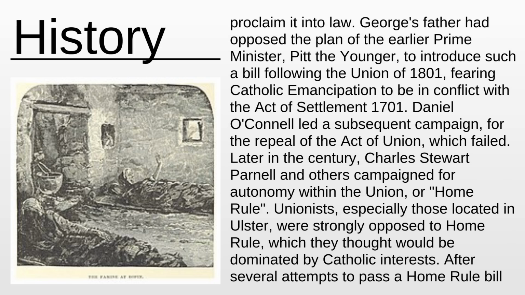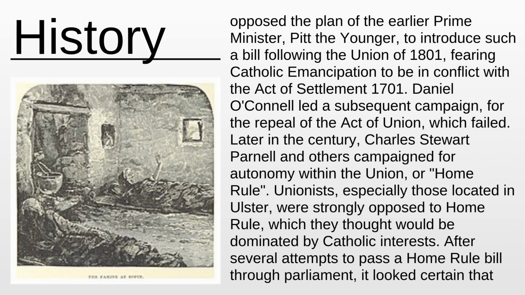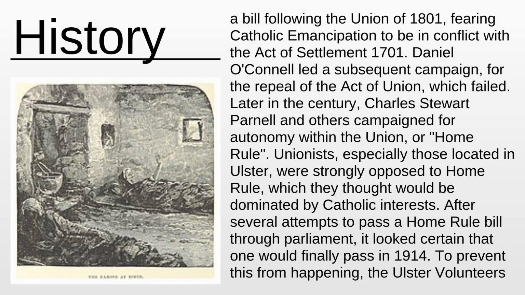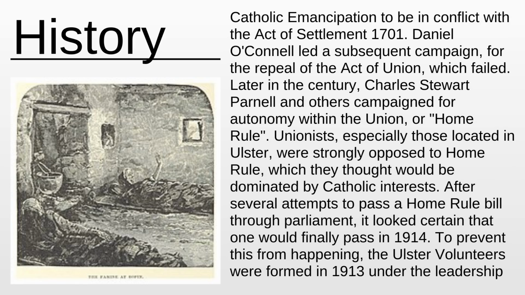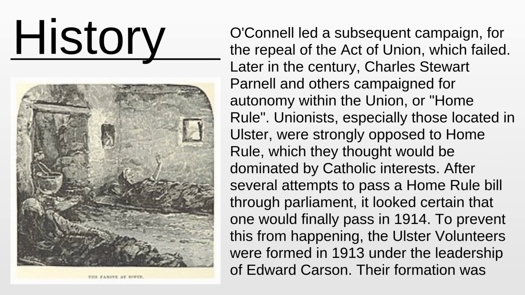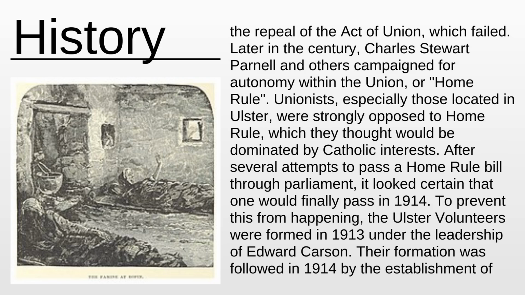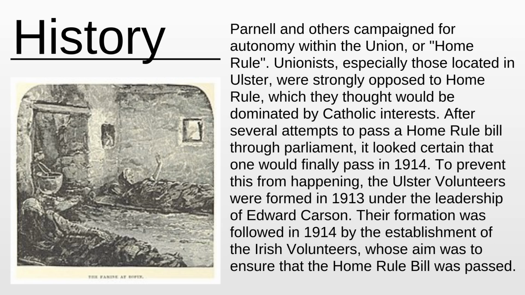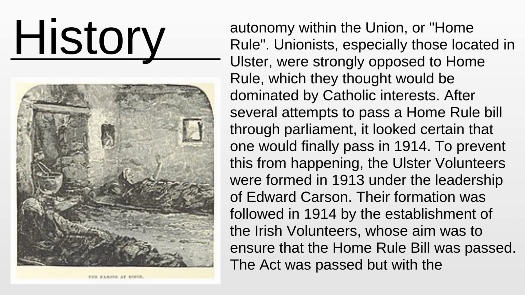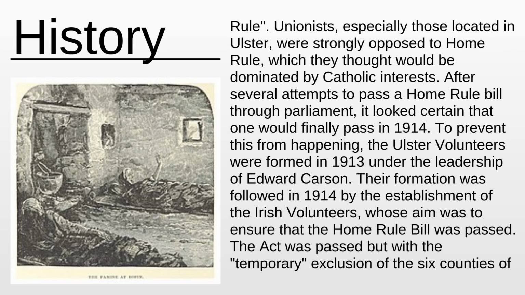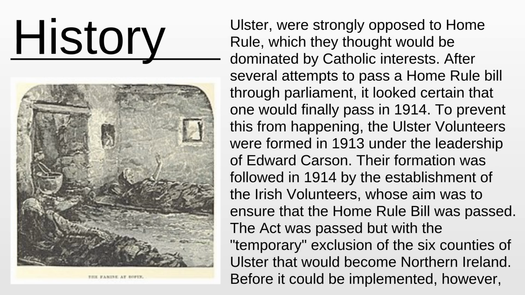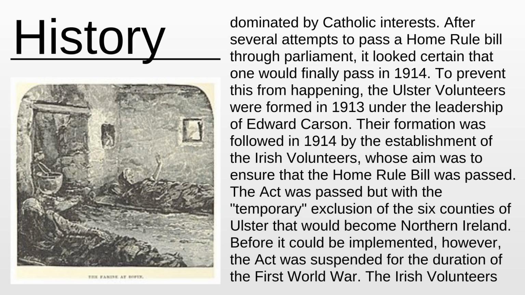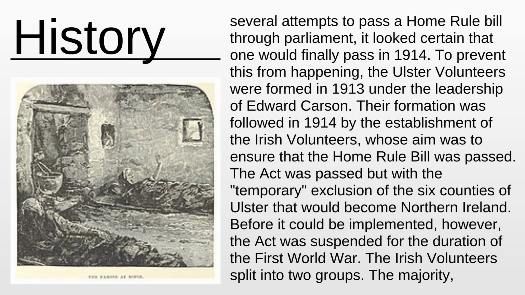George's father had opposed the plan of the earlier Prime Minister, Pitt the Younger, to introduce such a bill following the Union of 1801, fearing Catholic emancipation to be in conflict with the Act of Settlement 1701. Daniel O'Connell led a subsequent campaign for the repeal of the Act of Union, which failed. Later in the century, Charles Stewart Parnell and others campaigned for autonomy within the Union, or Home Rule. Unionists, especially those located in Ulster, were strongly opposed to Home Rule, which they thought would be dominated by Catholic interests. After several attempts to pass a Home Rule bill through Parliament, it looked certain that one would finally pass